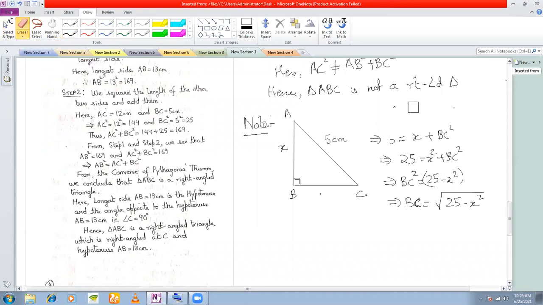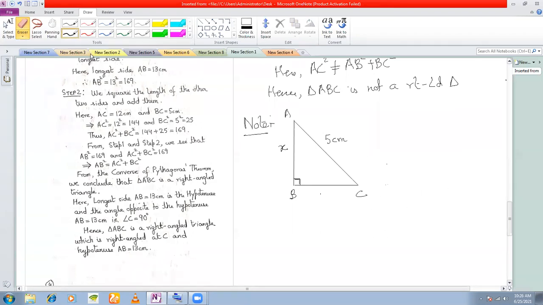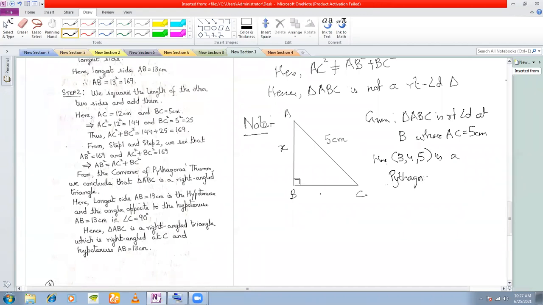So very interestingly, what I would like to mention, and please take note of this, we are going to use this later on in our sums also: suppose I give you a right angle triangle ABC, right angled at B, where the length of the hypotenuse is also given to you, 5 centimeter. Then what is the length of the other two sides? Remember in class 9, class 8, you have done Pythagorean triplets. See that 3, 4, 5 is a Pythagorean triplet, right?